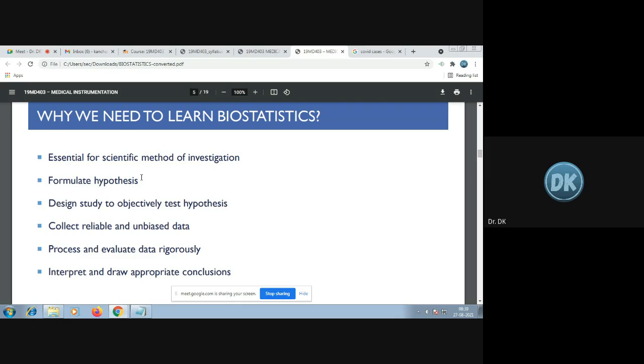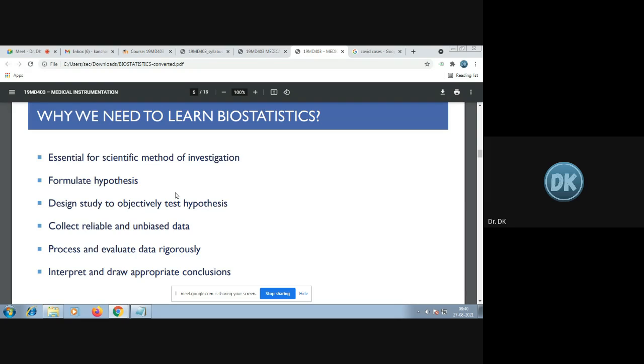For example, let's say now you are in second year. When you go to third year or final year, you'll be doing your mini project or your final year project. Let's say you are going to make a device that will help people screen for COVID-19. Screen in the sense of whether the person is COVID positive or COVID negative. Let's say you make a device that detects whether the person is positive or not without taking any blood sample or any samples from the body. Just by scanning the person, your instrument will tell whether the person has tested positive or not.